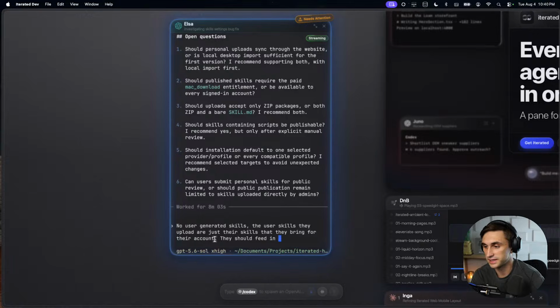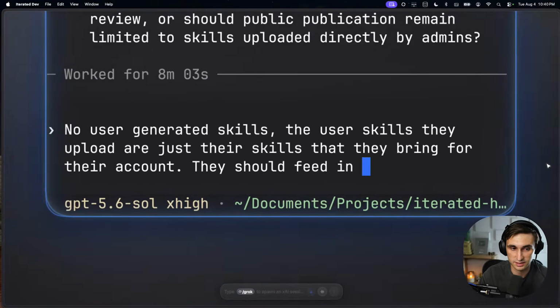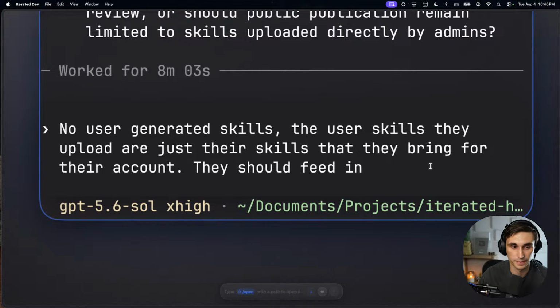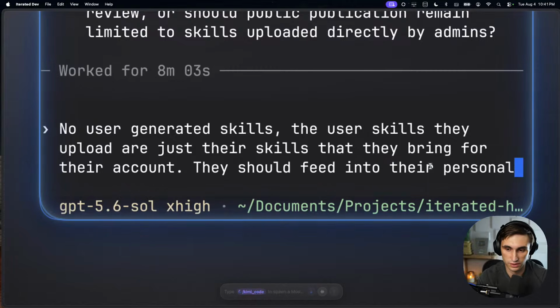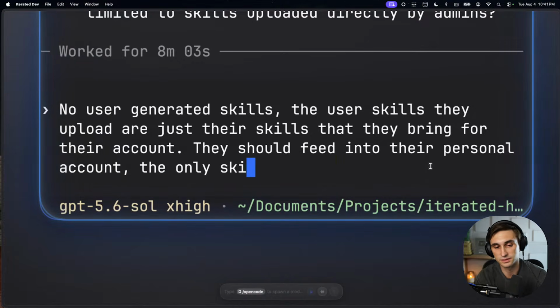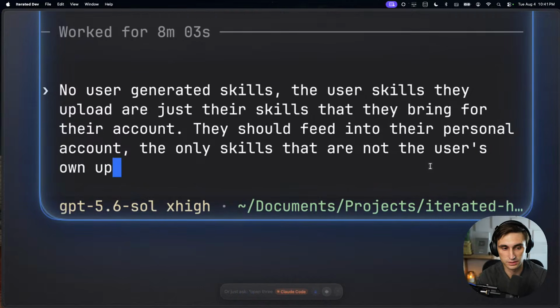And this is why I need the Whisper Flow feature, but I'm just typing this out manually right now, the good old fashioned way. Sometimes it's easier to type it out, guys. Sometimes it actually is easier to think it through. No user generated skills. The user skills they upload are just their skills that they bring for their account. They should feed into their personal account. The only skills that are not the user's own uploaded skills are the